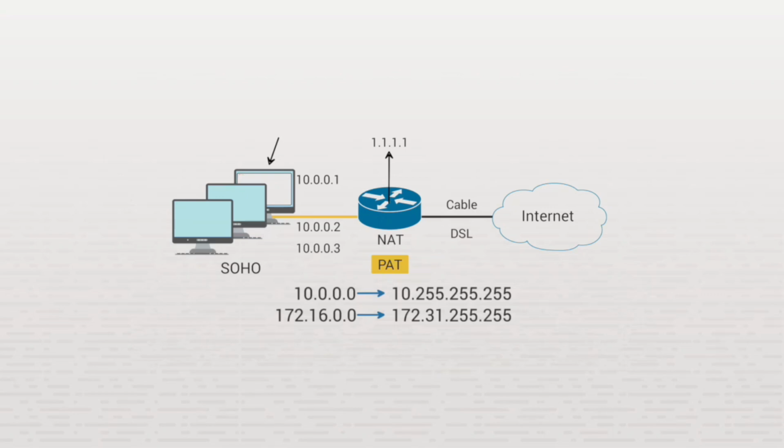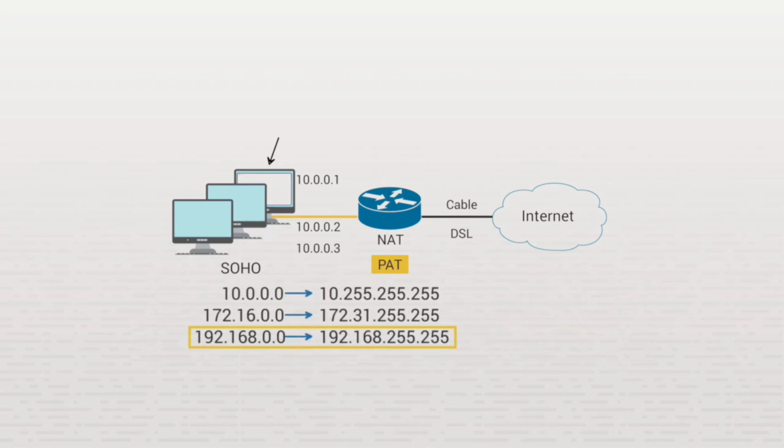172.16.0.0 to 172.31.255.255, and 192.168.0.0 to 192.168.255.255. By default, most routers are configured to assign hosts an IP address in the private IP address range of 192.168.0.0 to 192.168.255.255. This is a Class C address, so it has a default subnet mask of